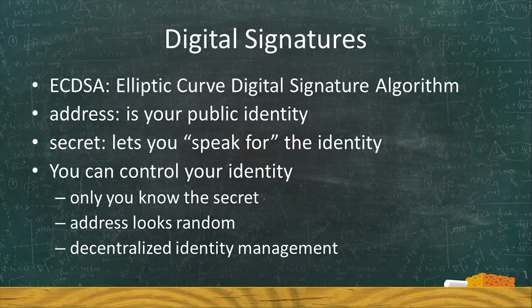Again, I'm not going into the mathematics of those. The main thing I want to point out here is that such digital signatures exist, and Bitcoin uses what's called ECDSA, the elliptic curve digital signature algorithm. And as I said, the address is your public identity, and the secret is your secret key to sign your documents or to send money to